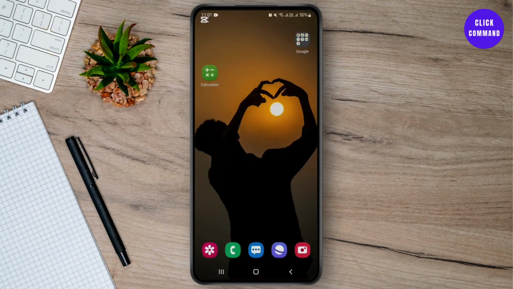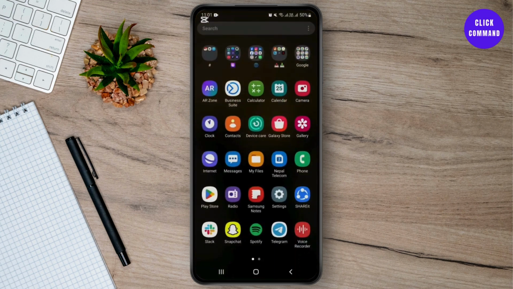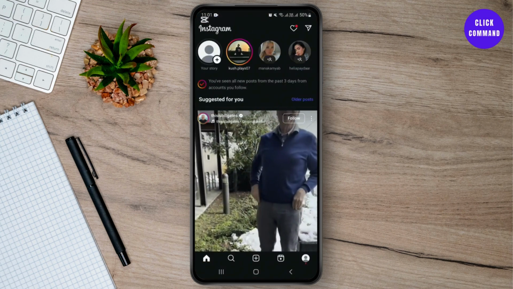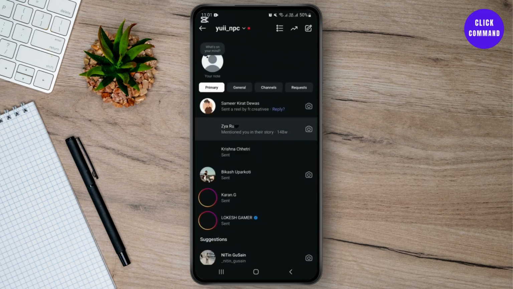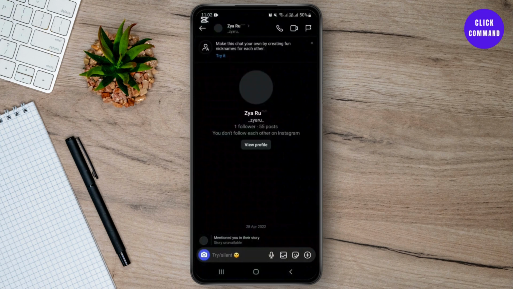Today I will show you how you can share music in Instagram DM. First of all, you'll have to open the Instagram app, and from here you'll have to go to your inbox, and choose the conversation where you want to share the music, or you can create a new conversation. So I'm clicking on this old conversation, and from here you'll have to click on this